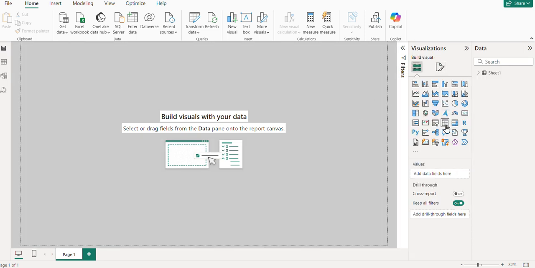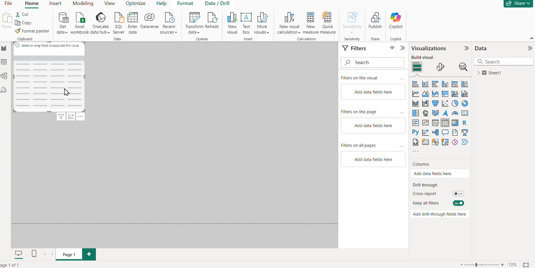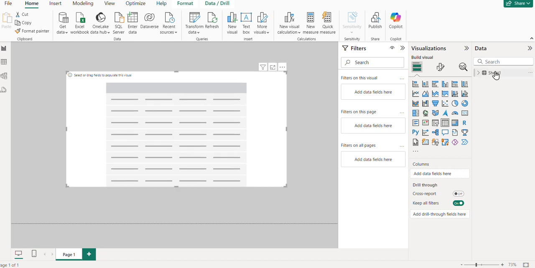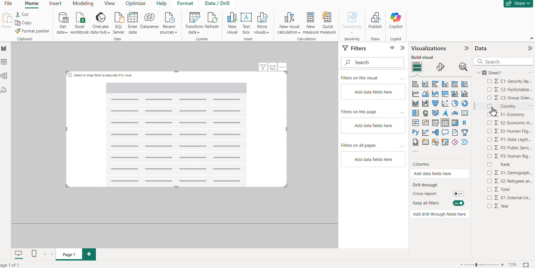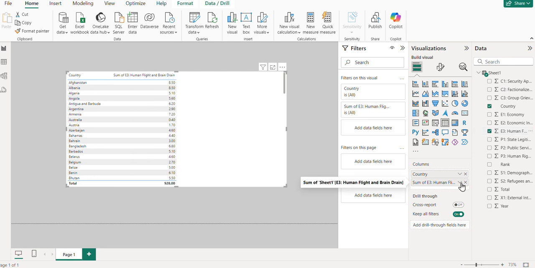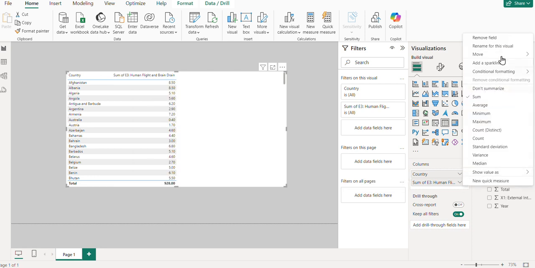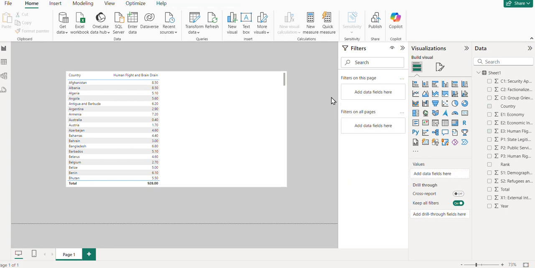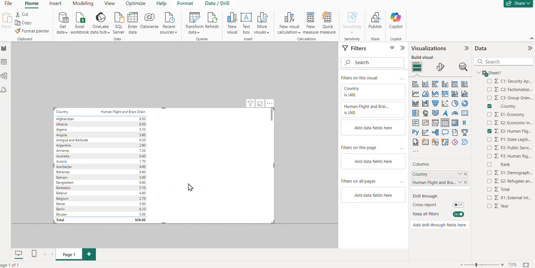Okay, now I'm using the table visual. I'm going to use two data points now. So I'm going to use the human data set, and rename this visual here. Okay, so these two things are ready. Now I'm going to give the header,